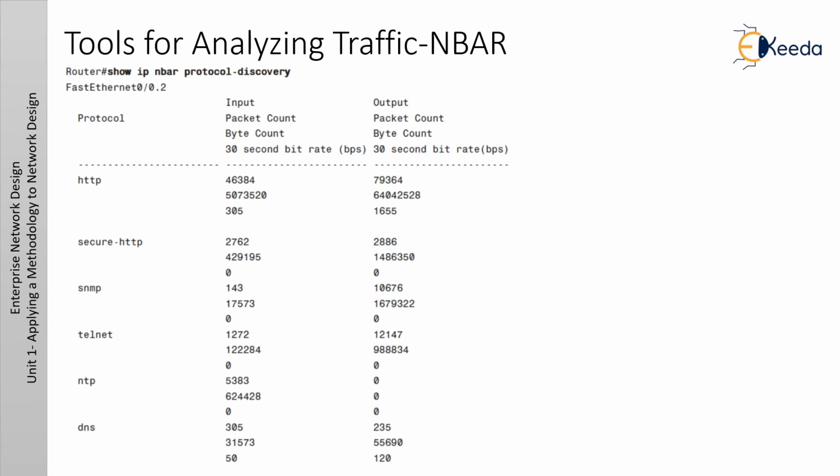So NBAR is a tool for analyzing traffic. What is NBAR? Cisco IOS NBAR is a classification engine that recognizes a wide variety of applications, including web-based and other difficult-to-classify protocols which utilize dynamic TCP and User Datagram Protocol port assignment. Other quality of service tools within the network can be configured to invoke services for the specific application that is recognized and classified by NBAR, ensuring that network resources are used